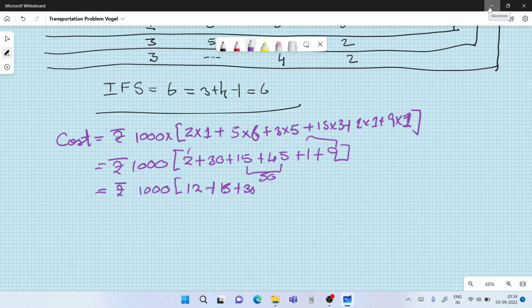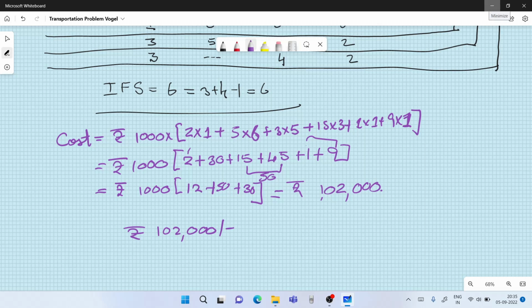Okay, so let's remove this out. Yeah. Okay, and we have 50. Yeah, 50 plus 30. So that makes it 102,000. Okay, so a better way to write it would be, of course, rupees 102,000. So the cost now is rupees 102,000. Now you can see the link for the northwest corner method, and the other methods have also been discussed